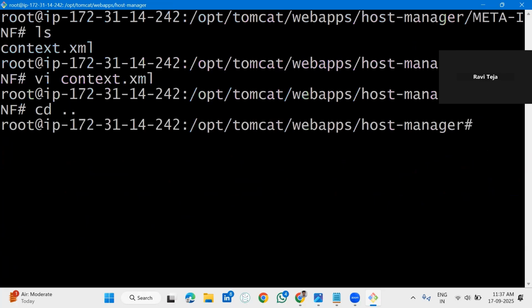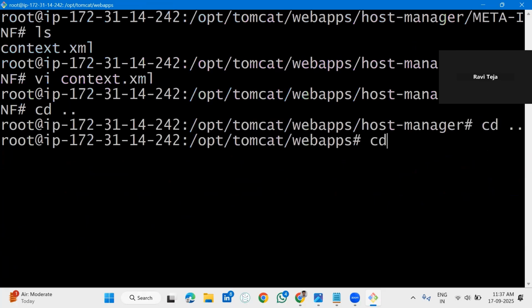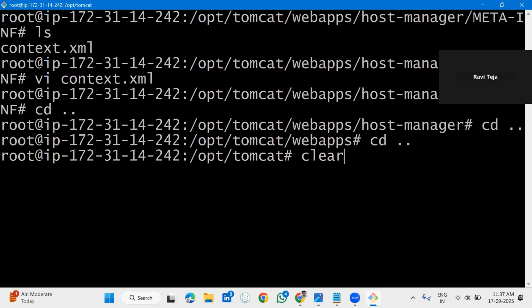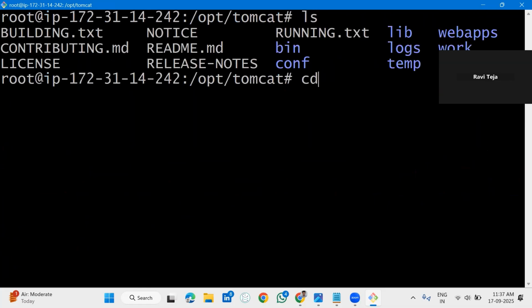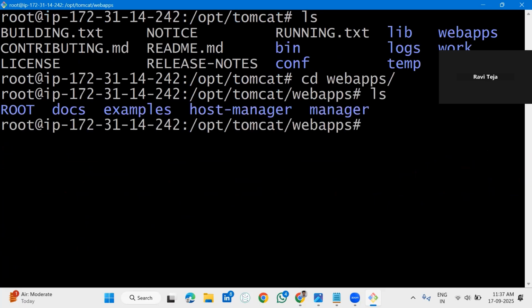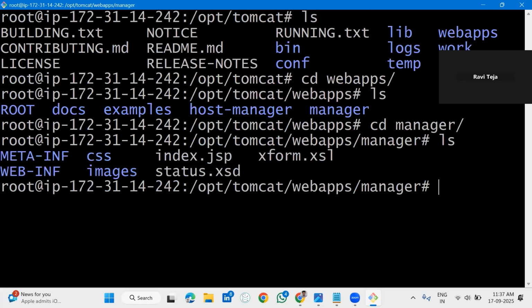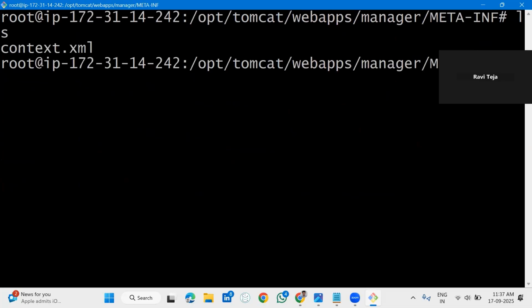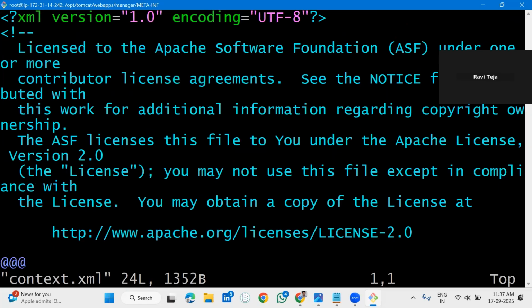Cd space dot dot, cd space dot dot, cd space dot dot, ls. Cd space webapps. Enter. ls, cd space manager, ls, sorry, cd space META-INF. Enter. Clear this. ls, vi space context.xml, insert mode